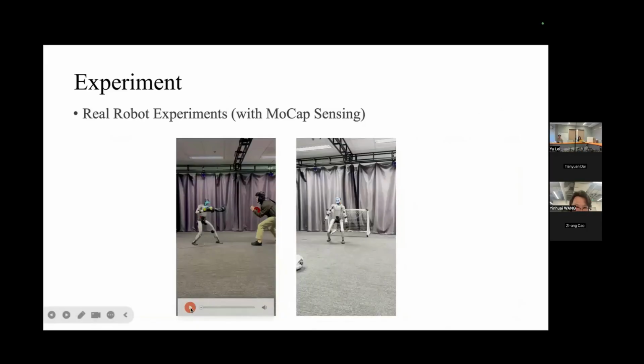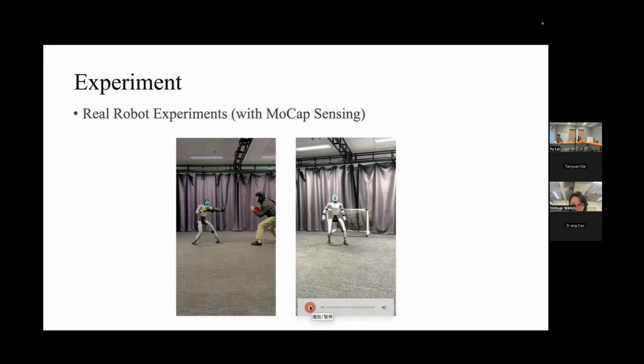And another interesting case is about fighting. We can see that the human pretends to attack, and the robot reacts to that action. And it only fights back when the human really hits the robot.